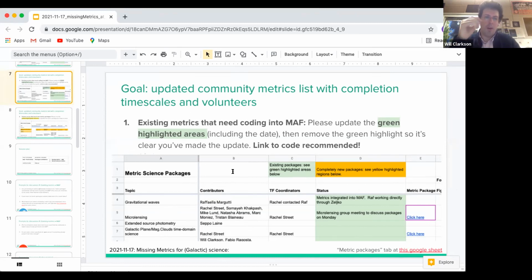Okay, so any more questions about metrics in progress before we move on to new science that needs completely new metrics? Will, I think we should speed up a bit. We have 27 minutes to the end, and people may have other meetings after this one, and we still have to go through TRO. Okay, in that case, we can probably finish this fairly soon.